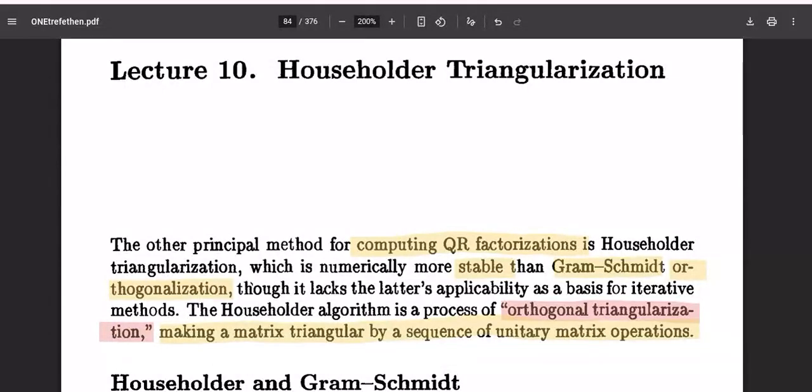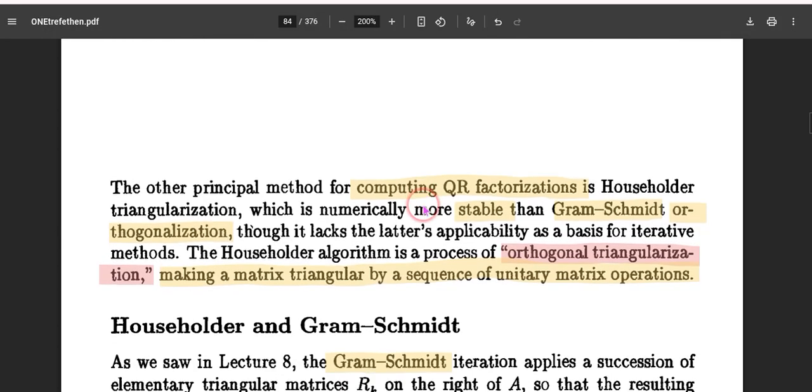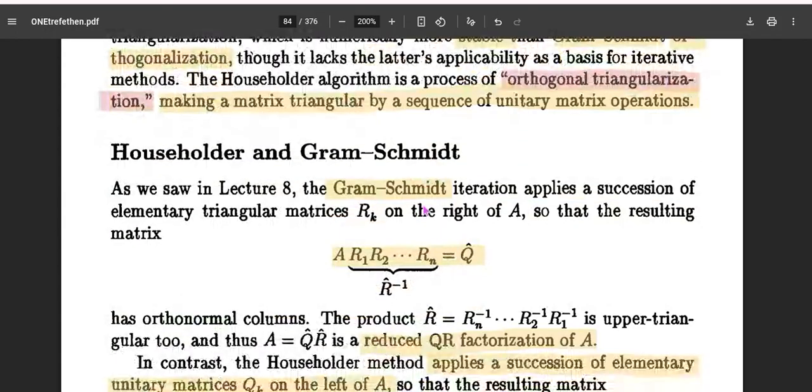Hi all. This video is about computing QR factorizations using the Householder triangularization algorithm. This algorithm is more numerically stable compared to the Gram-Schmidt orthogonalization, which was introduced in the last two lectures. The difference between these two algorithms is that the Gram-Schmidt process, as we saw earlier, attempts to compute